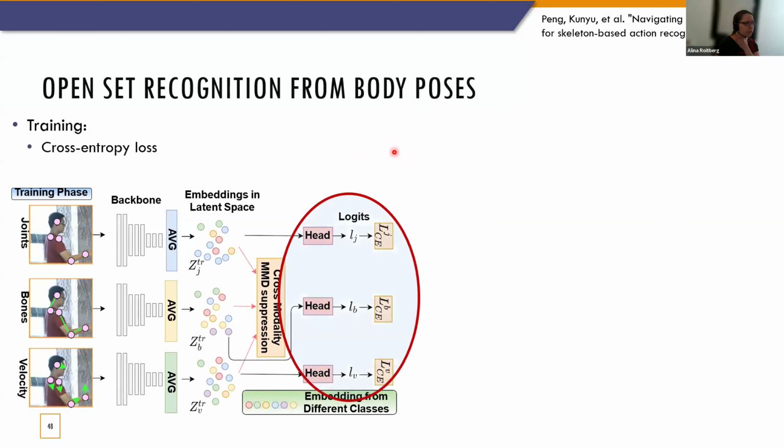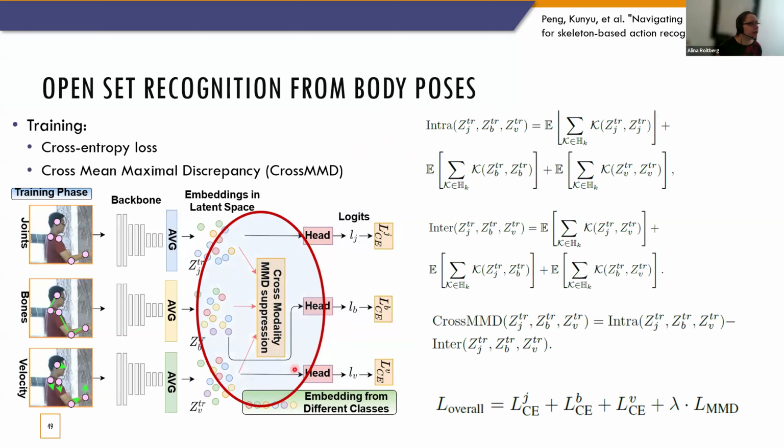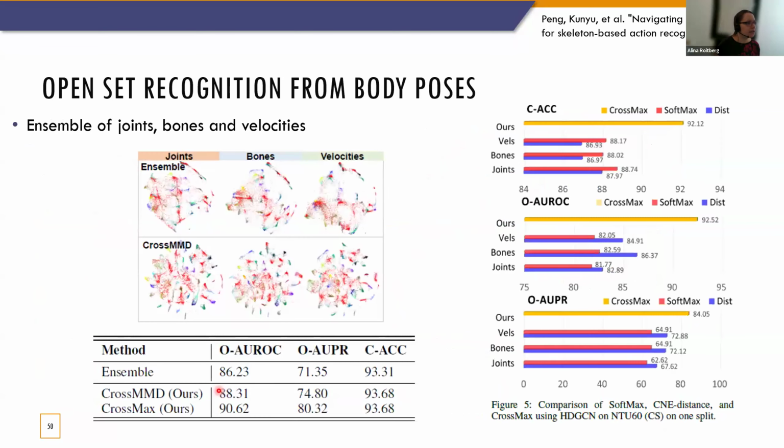And then for training, on our known classes we first use the cross entropy loss. This is nothing special, this is what you usually do. Additionally, we use the cross maximum mean discrepancy, cross MMD. MMD is a way to measure differences between different distributions, and here we measure it in a special way where we differentiate between intramodality differences and intermodality differences, and then we see how much they differ, and we try to integrate it in our loss in a way that we minimize the distances between different embeddings of different modalities. And the cool thing is that in fact it improves our open set recognition